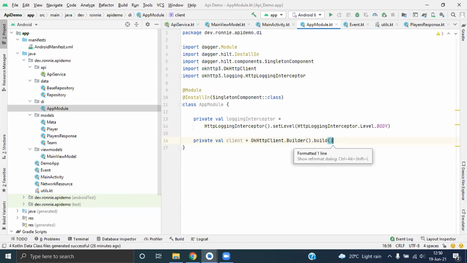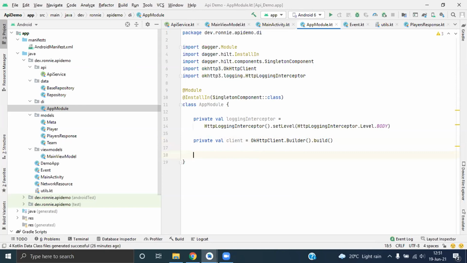We don't need to have any interceptor here because it's a simple app. We may have an interceptor when we are using things like a token, or we want to cache data with OkHttp. A lot of things can be done during the intercepting.